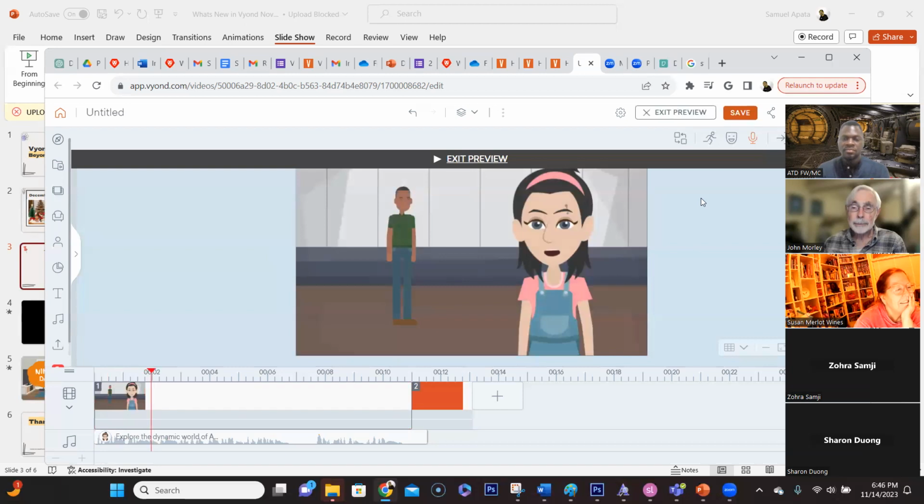Explore the dynamic world of animation in e-learning through this workshop designed for developers seeking innovative ideas. Delve into creative approaches to